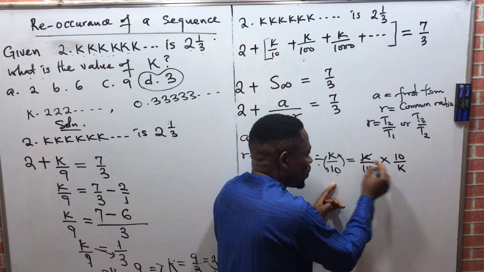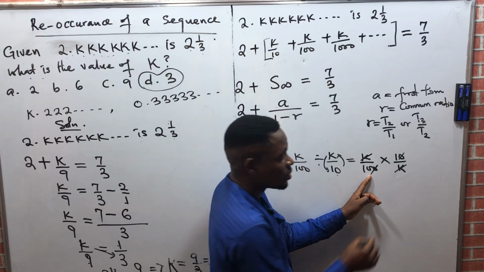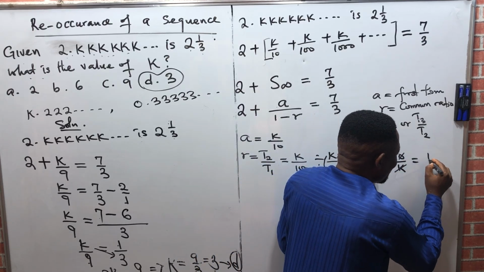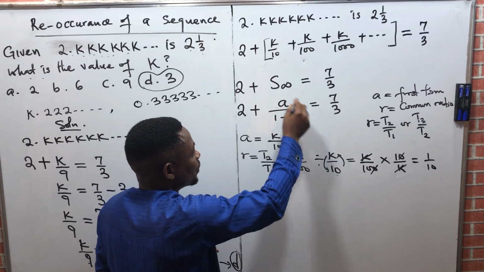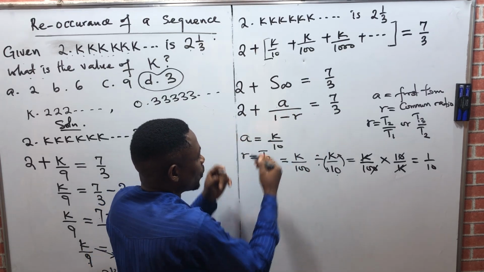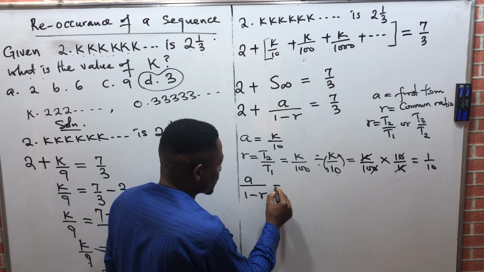Can you see that K will cancel K? One of the zeros here will cancel one of the zeros here. So what remains as the common ratio is 1 over 10. Watch. I want to solve for this first. After solving it, I will now add it with all these terms. Let's go. A all over 1 minus R is now equal to